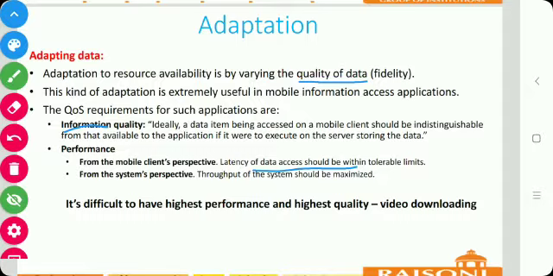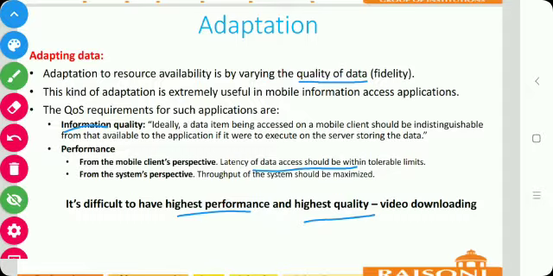So here it is difficult to provide both high performance and high quality of data. In some cases, information quality can be traded for increased performance.